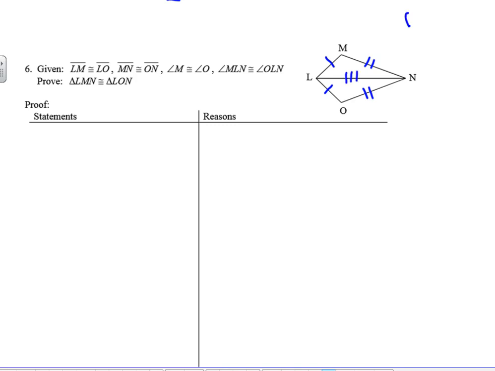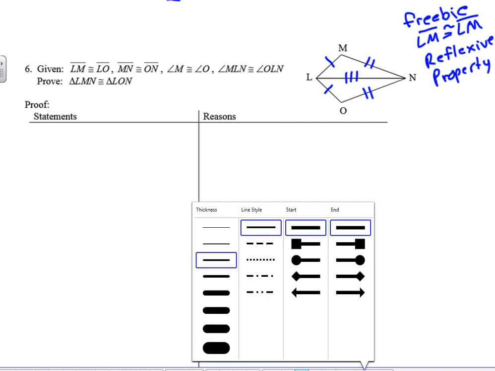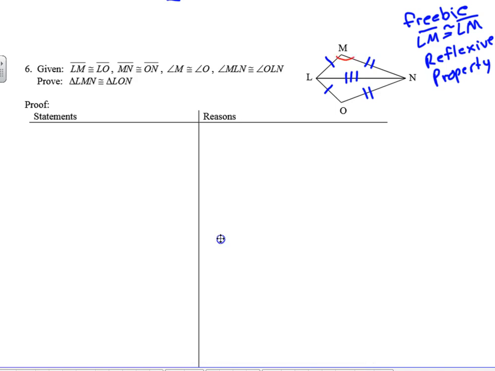So that's a freebie, is we're going to be able to say that LM is congruent to LM by the reflexive property. We'll write that out in the proof, but I just want to highlight that to you. That when you have those two sides there that are shared or in common, we can get that for free, just like we could with vertical angles. So then the last part is we've got M congruent to O, and then we've got